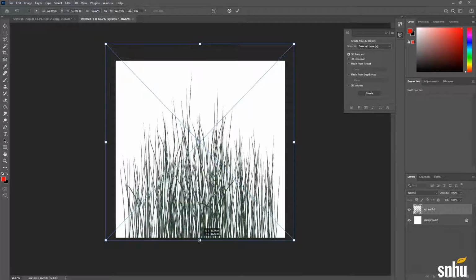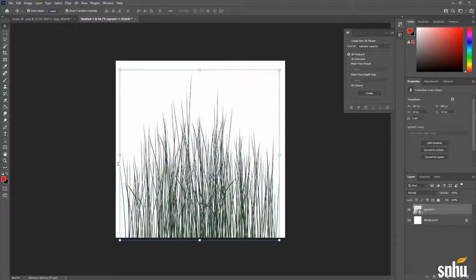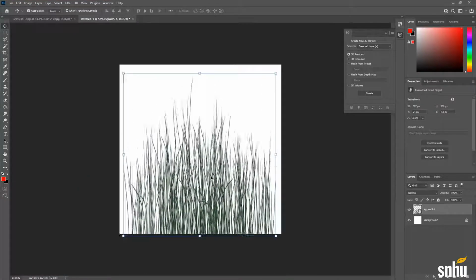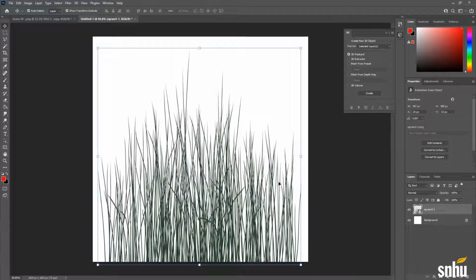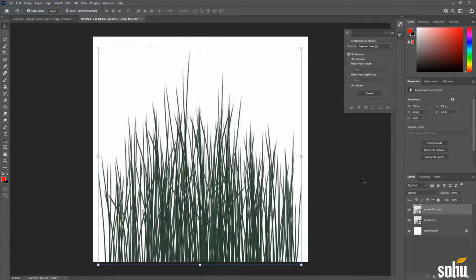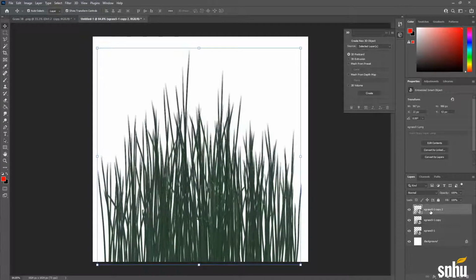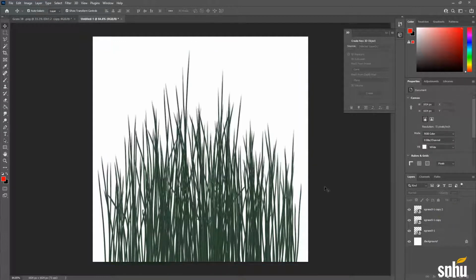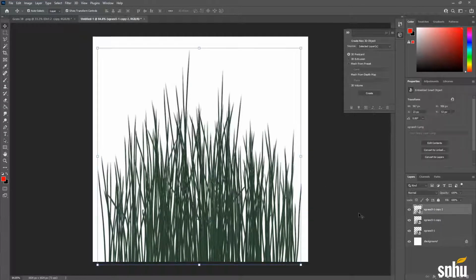And the quality of this texture doesn't matter too much, just as long as it's got sharper edges on it. Okay. And actually, you know what I might do? Let's see what this looks like if I duplicate this. Alright, so I'm trying to make it a little bit thicker because the other grass was a bit thin. So that looks pretty good. Basically what I just did is, with the layer selected, if you hold Alt and press the arrow key, it'll make a duplicate of it and move it over slightly.